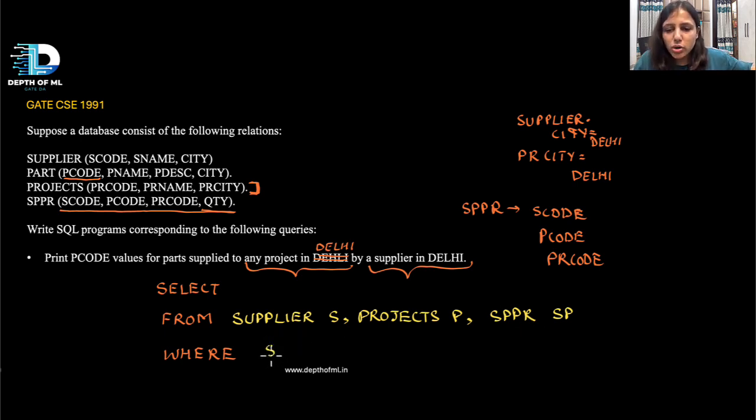I will say S dot city. First of all, city should be equal to Delhi, right? And P dot city, project dot city should also be Delhi, right? Because these are both from Delhi. So this is also Delhi, right? Now I have done these 2, I have taken care of these 2. Now I have to join them, right? So here I have to do this, and now I have to join this with this